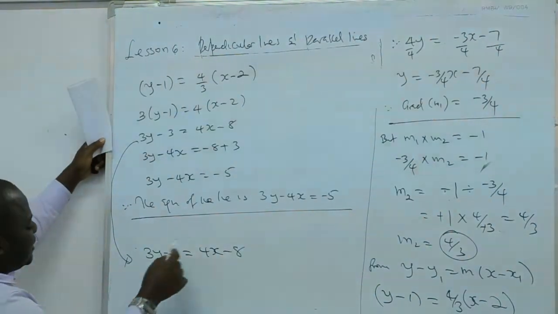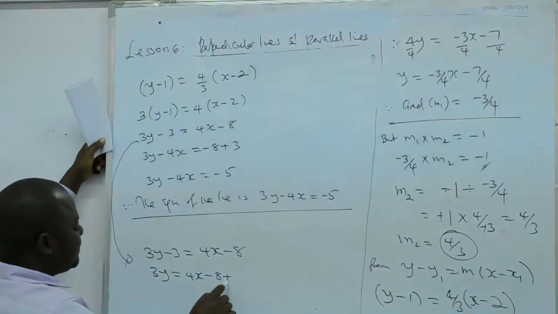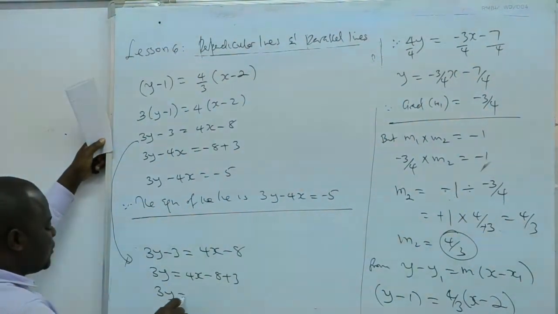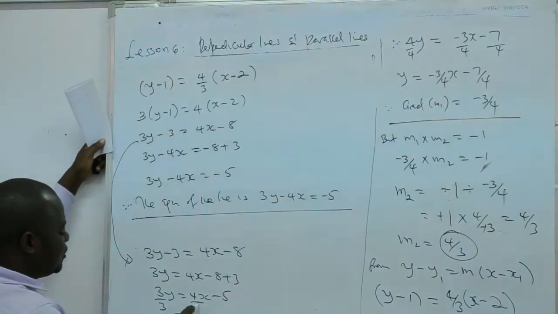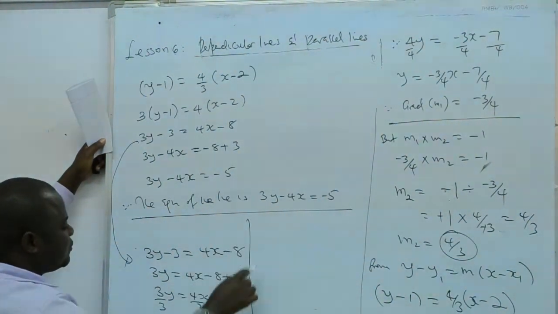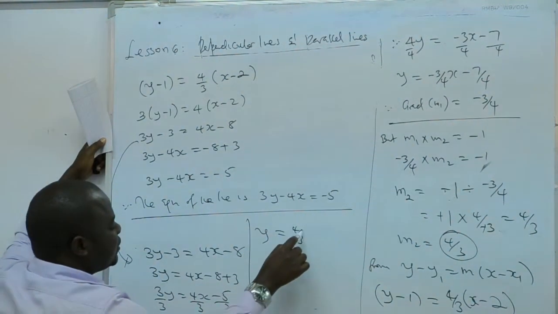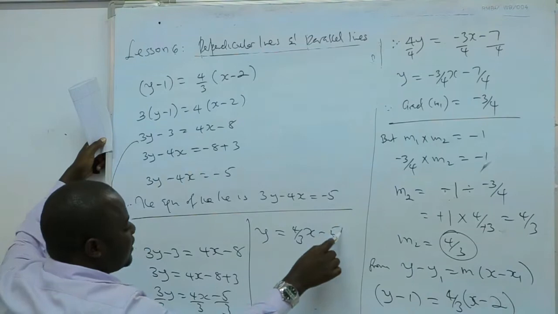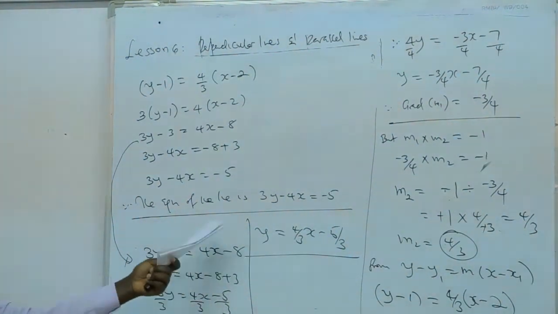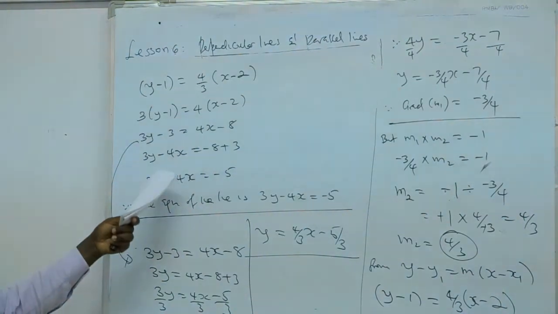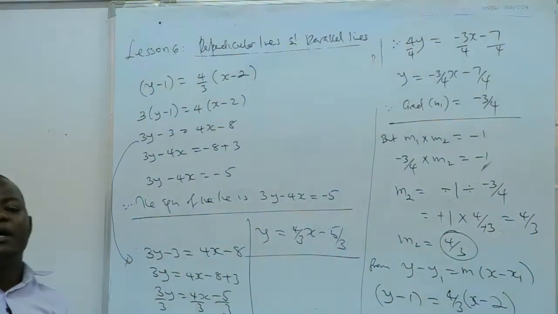So what you do, you take 3 the other side. 3y equals 4x minus 8 plus 3. So 3y equals 4x minus 5. So you divide both sides by 3, for those who prefer to write your answer in this form. So you get y equals 4 out of 3 x, then minus 5 out of 3. But as a serious student, it is better that you multiply by 3, then write it in this form. That's why when I reach here, I always recommend you to continue like this and write your answer in that form.